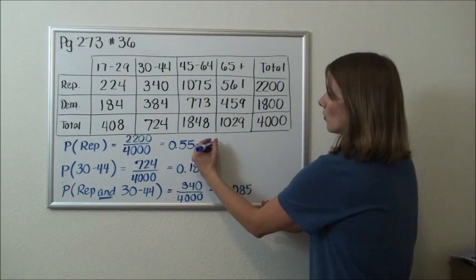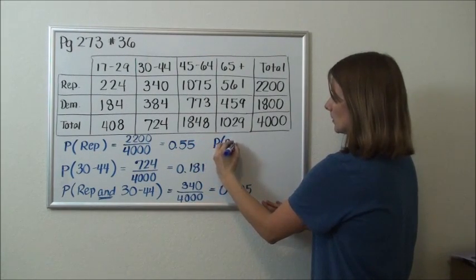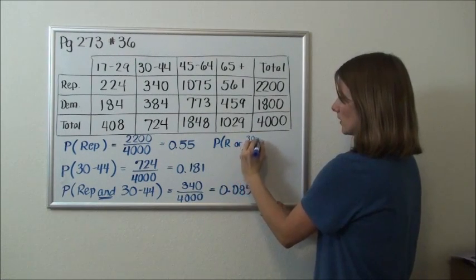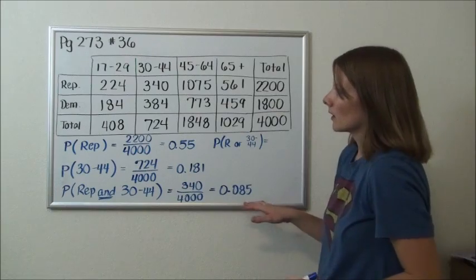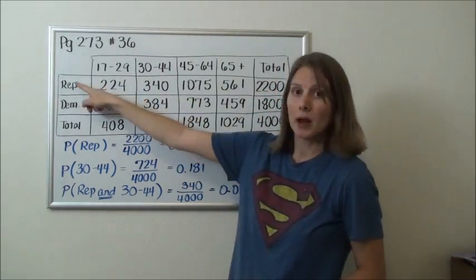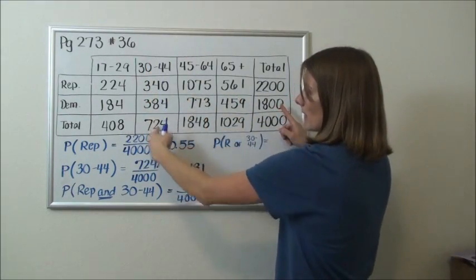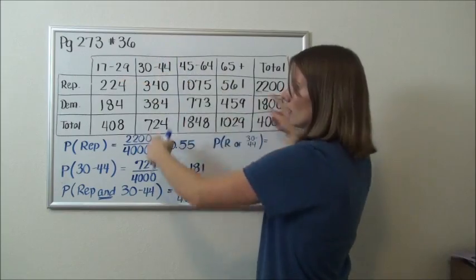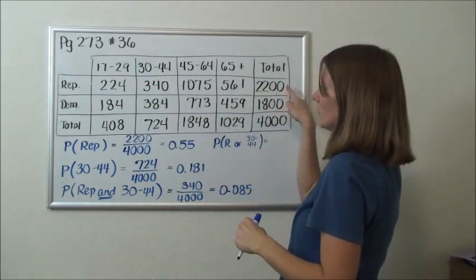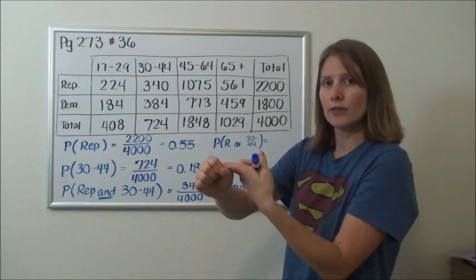And if I wanted to do "or", so let's say Republican or 30 through 44 years old. That means I'd be okay if somebody was in this row, because that's Republican. I'm okay if someone's in this column, because that's the age group I'm after. And it's okay if they're both, meaning if they're in this area. So basically I'm adding up any of the cells that would represent either a Republican or 30 through 44 or